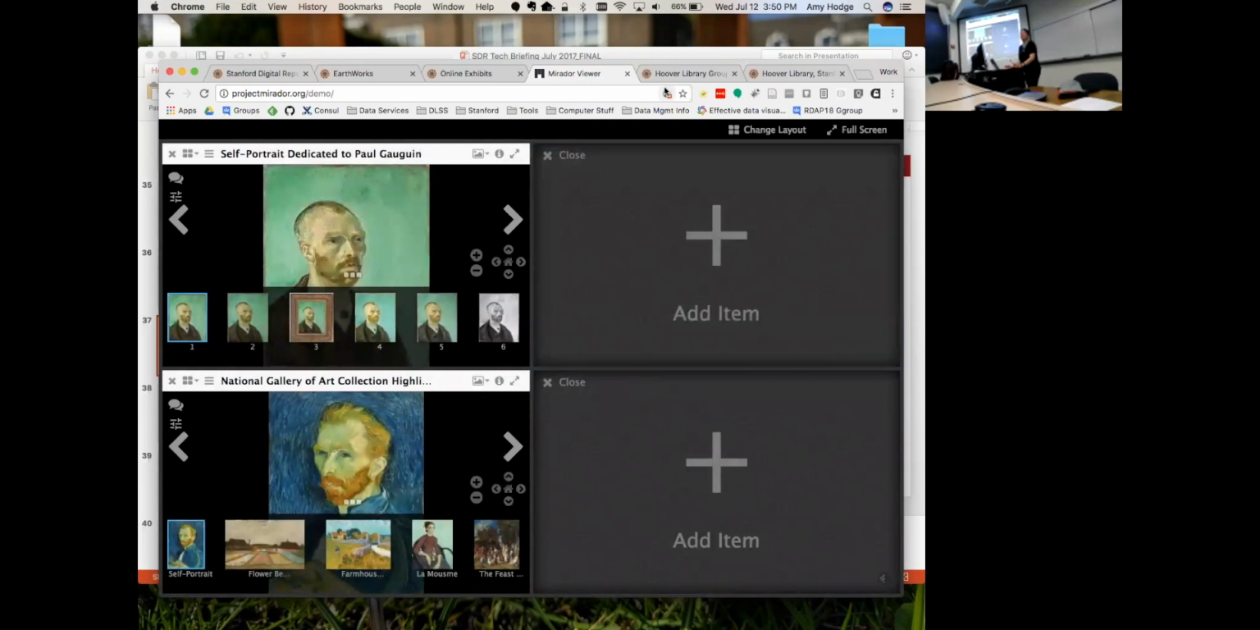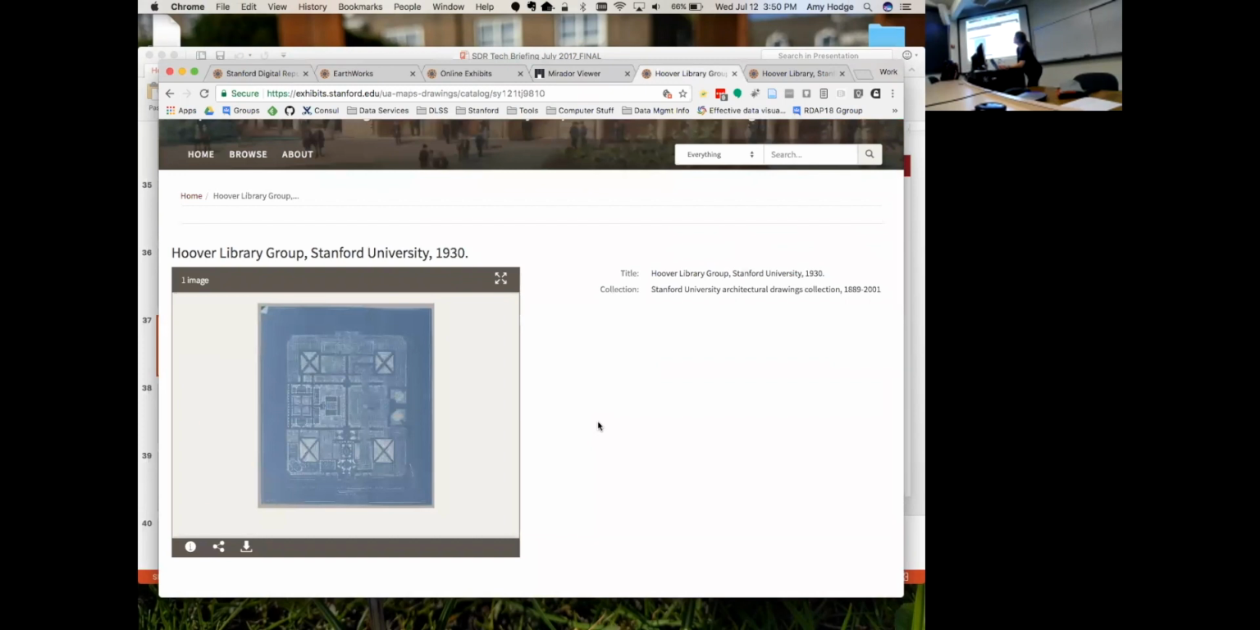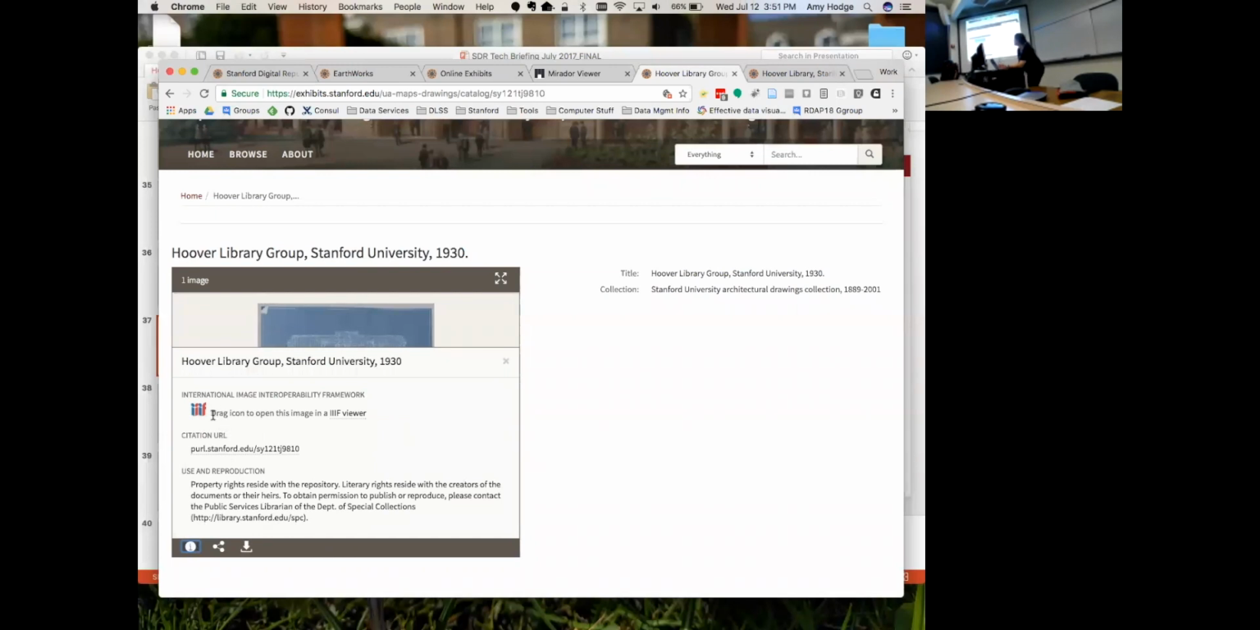Here, I pulled up a couple of images from, remember early on, I had the scanned map of Stanford. I pulled up a couple of the blueprints that are in that collection. We can compare. All right, so this is the Hoover Library, a blueprint. If you go as published through SDR, go down here. Look, it's got this IIIF drag and drop icon. So we can go,